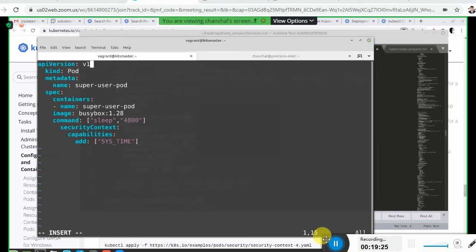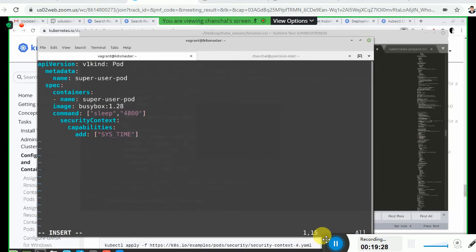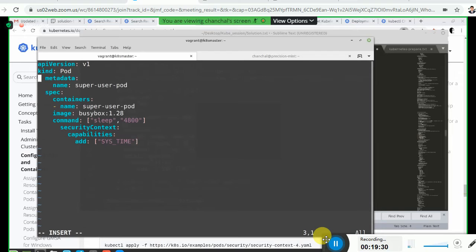Insert, delete, enter, then delete. Metadata, indentation is already there here. Metadata, name, then spec. Okay, containers.